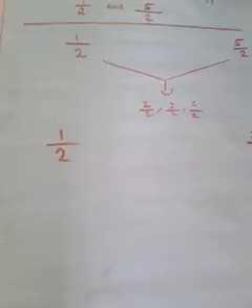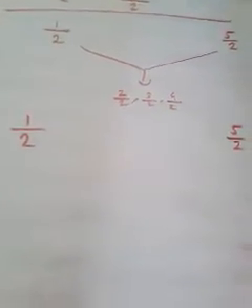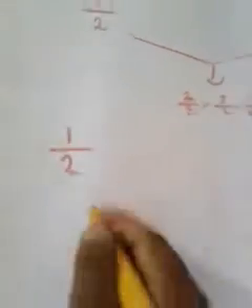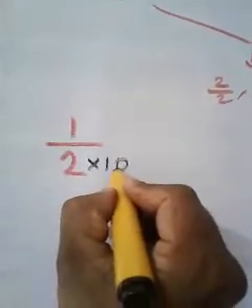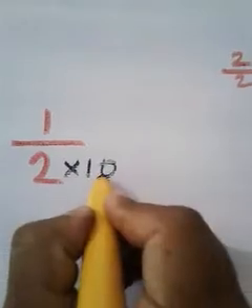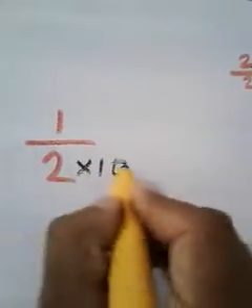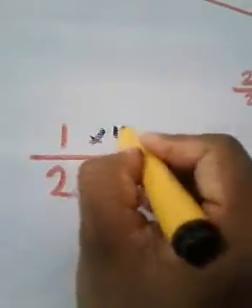Yes, of course it is possible. I can easily make both denominators 20. How? Just multiply here with 10. Then the denominator will be 20. So whatever number you are multiplying in the denominator, with the same number you are supposed to multiply in the numerator. That is a rule.